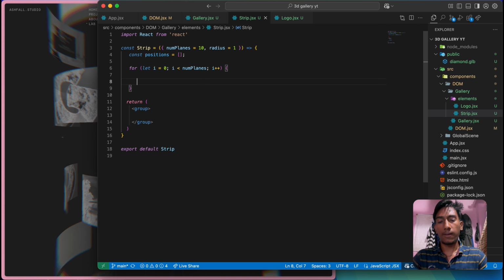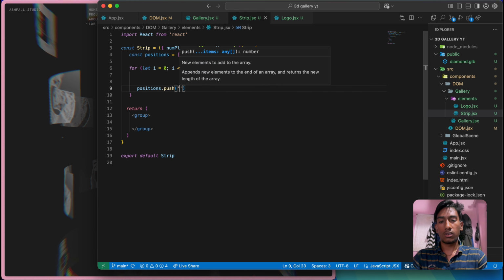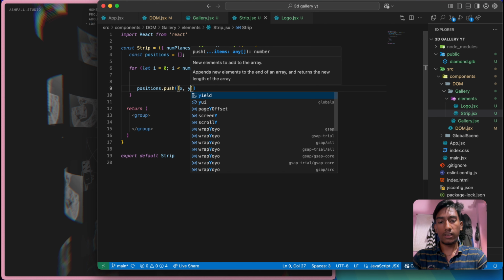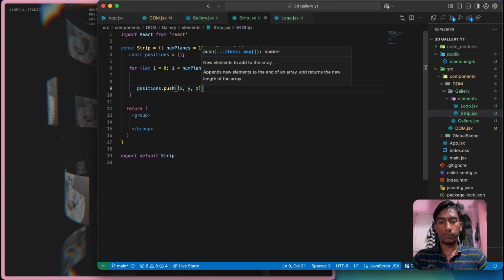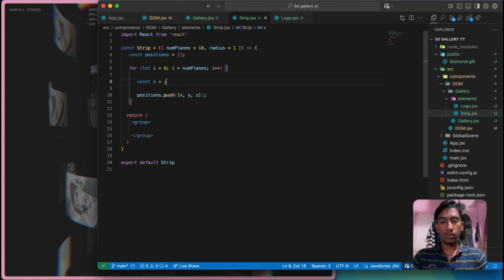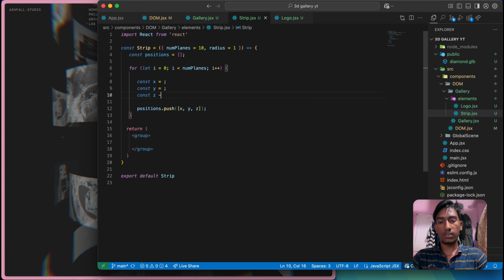So I can add positions.push, an array with x, y and z values. So let's just create const x, const y, const z.